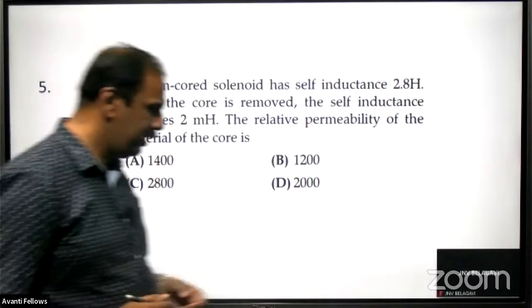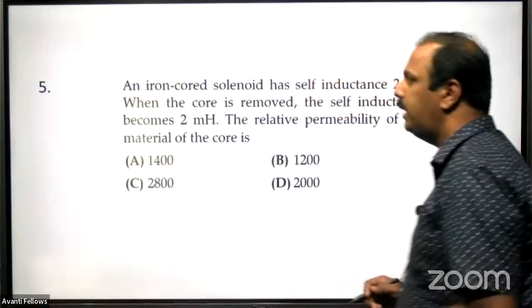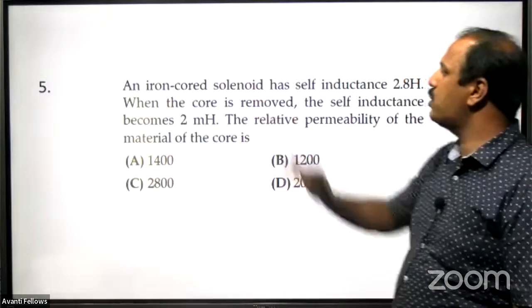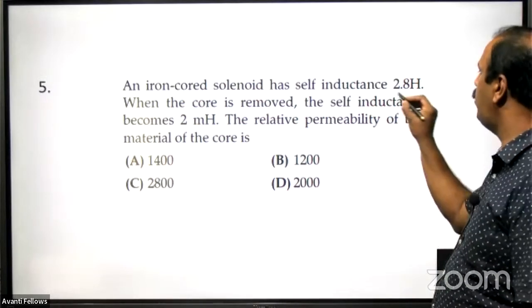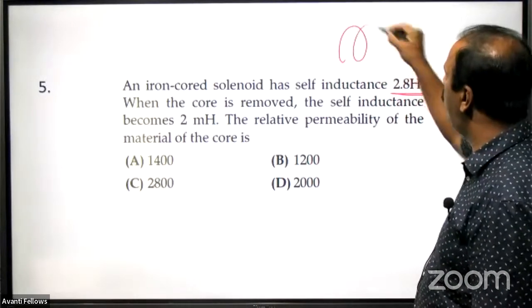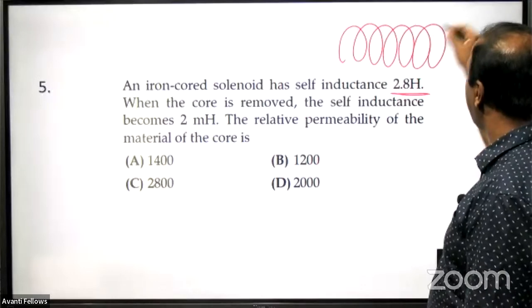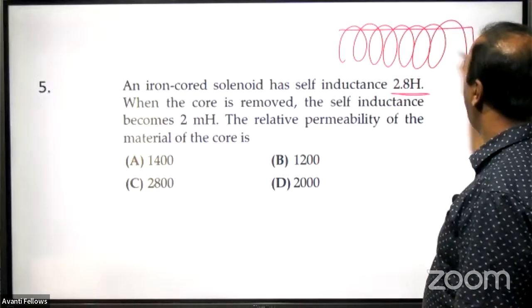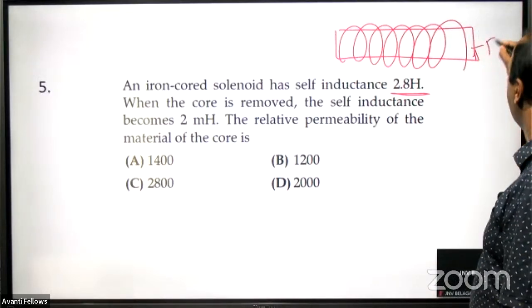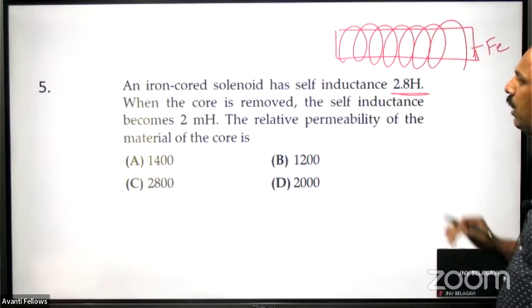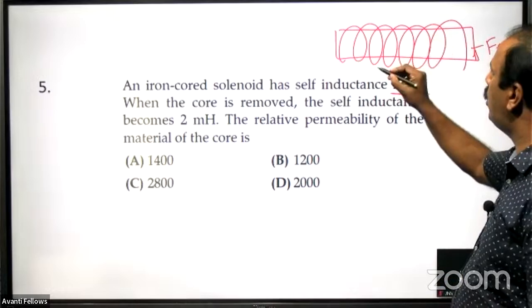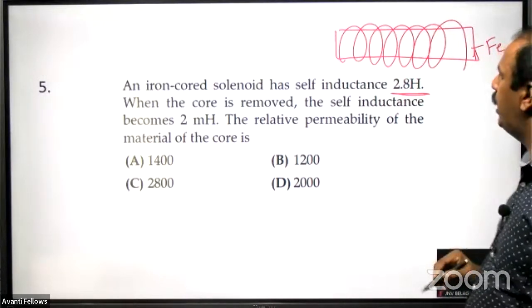Now we will move to the next question, question number 5. An iron core solenoid has a self-inductance of 2.8 Henry. So you have a solenoid like this, and inside it we have iron, just like an electromagnet. This iron inside is called the core. So we have an iron core and a solenoid here, and its